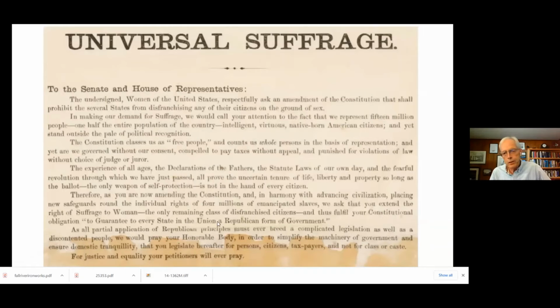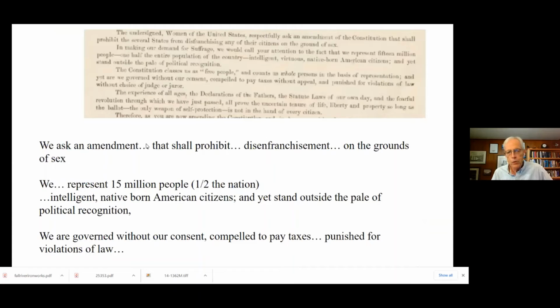And here's their petition, the top of it anyway. And you can see that they're making arguments that will talk about how many people they are and how they're treated. And I've got those on the next slide, but what I want to show you here before we go to that is the fact that this was pasted, as was that Brookline petition. You can see at the bottom where the paste has kind of eaten through the top. So you had a petition with a printed part and then signatures pasted on the bottom.